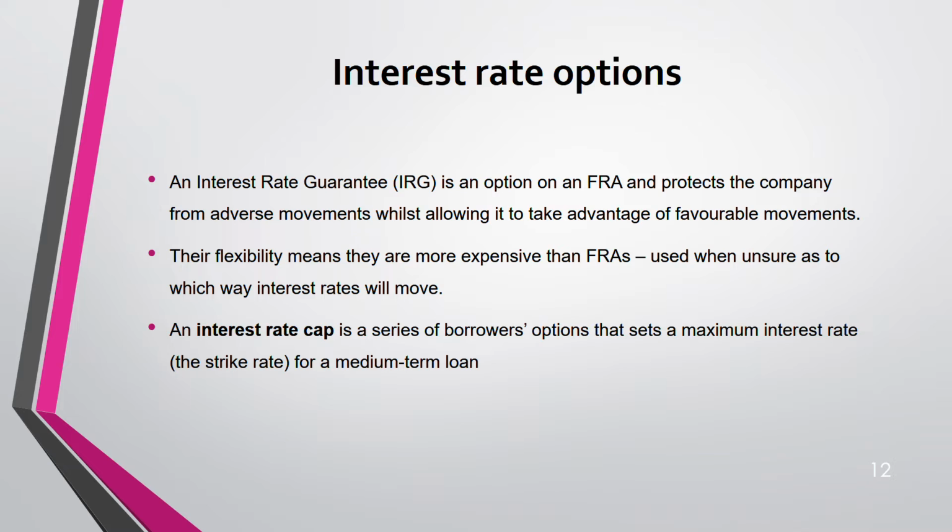Okay, and this usually happens. Interest rate options are more valuable when you don't know in which direction interest rate is going, whether it's going up or down. If you're sure interest rate is going to go up, you know whether you have to exercise the option or not, right? But if you don't know which way it's going, it could be favorable, it could be unfavorable. Option is the best in that situation.